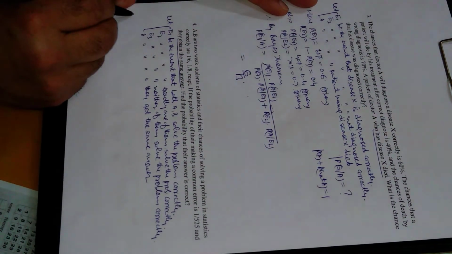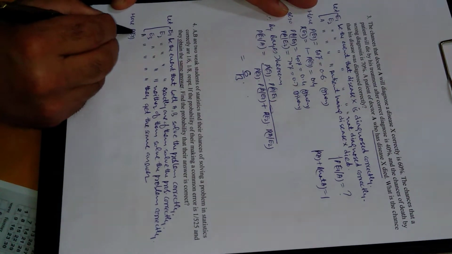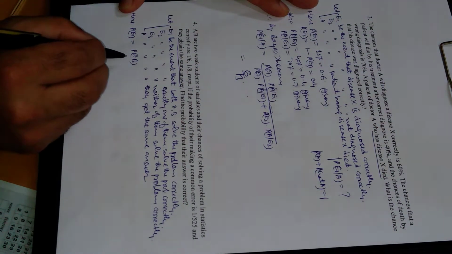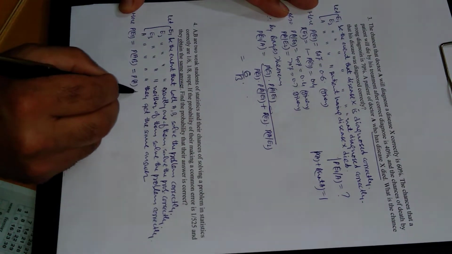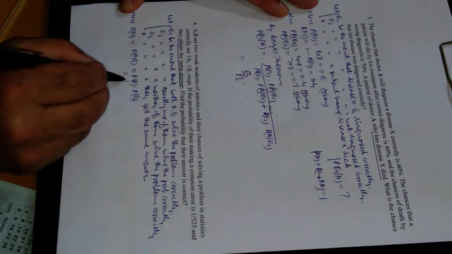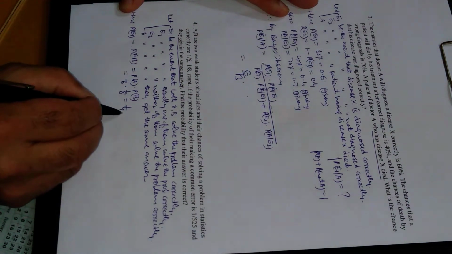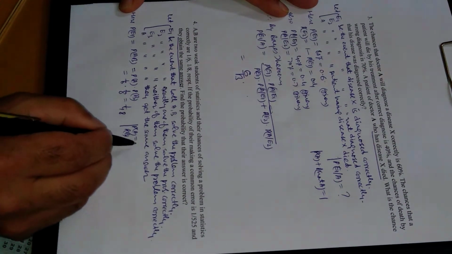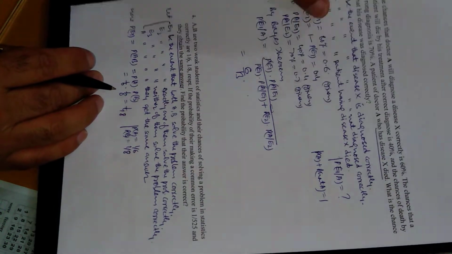So here, what is the probability of E1? Probability of E1 means both are solving the problem correctly, and these two will be independent events, because both are solving the problem independently. So what are these probabilities? Probability of A solving the problem is given to be 1 by 6, and B is given to be 1 by 8. So this will come out to be 1 upon 48, because P of A and P of B are given. Alright.